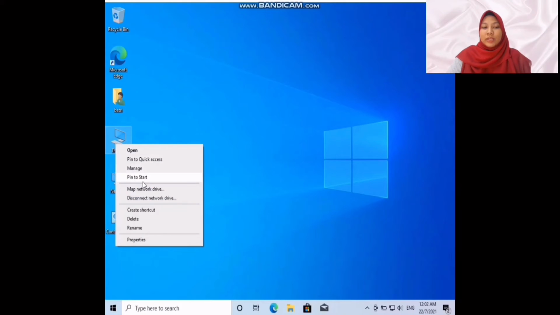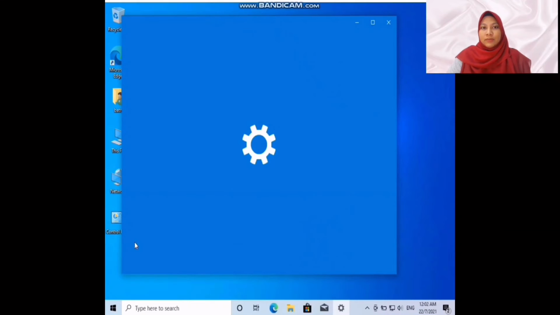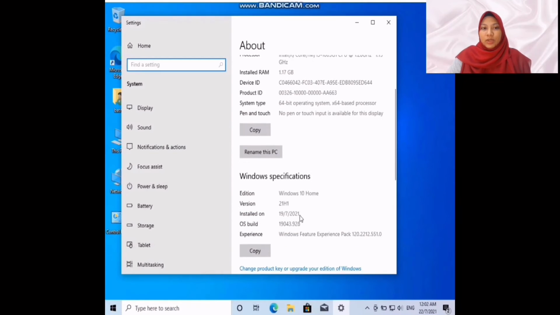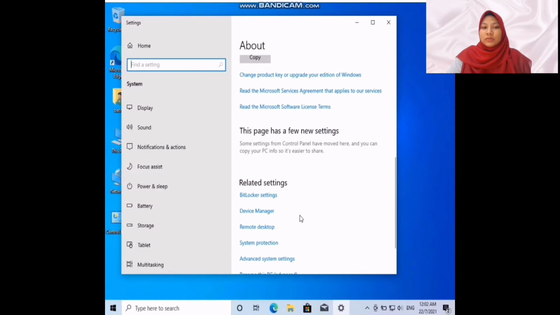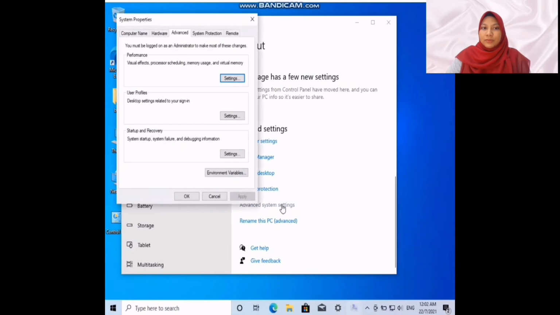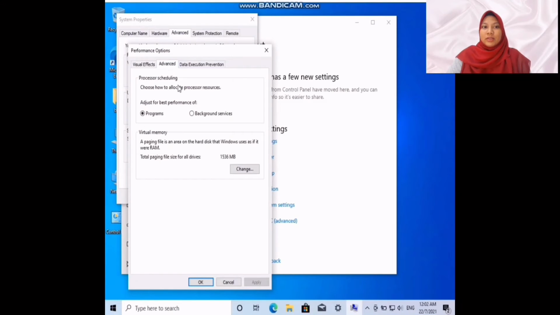And now right click on This PC and click on Properties. There you will see the about information of your desktop. Scroll down and click on Advanced System Setting. You may click on the Setting for Performance. And click another Advanced. And click